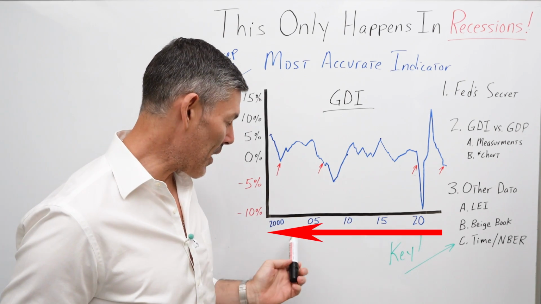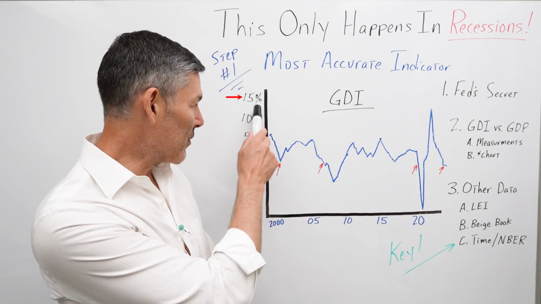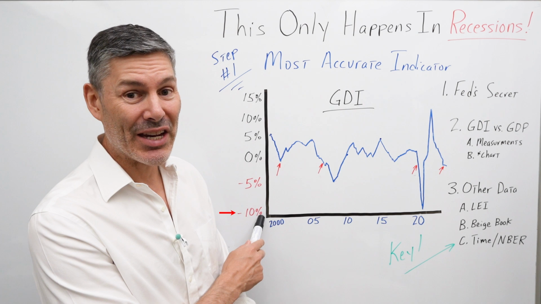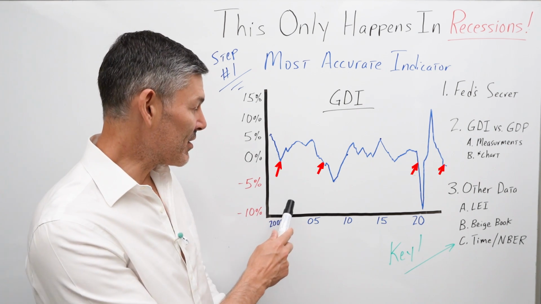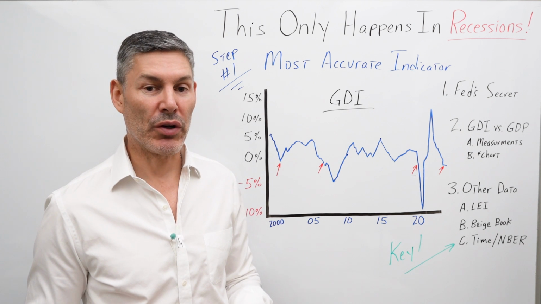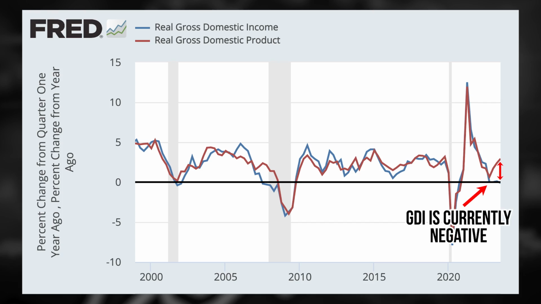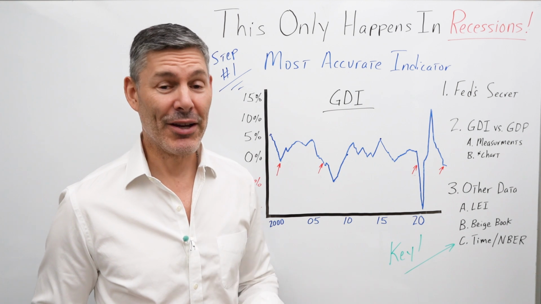Let's look at a chart going all the way back to 2000 to today's date. On the left, we go from 0 up to 15% and then down to negative 10%. And we can see that pretty much every single time we go into a recession, and this chart goes back even further than 2000, GDI, as you would expect, goes negative. And what's highly unusual is right now, editor, you can go ahead and throw up the chart, we have a huge divergence between GDI and GDP, which you would assume would have almost a one-to-one correlation. More on that in just a moment.